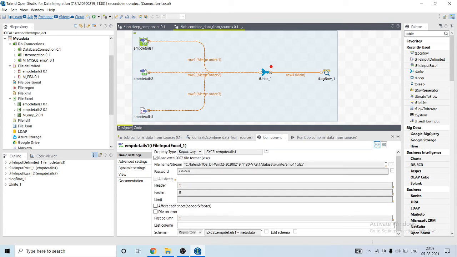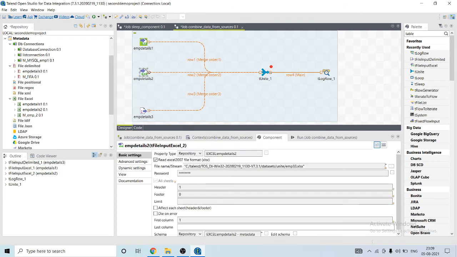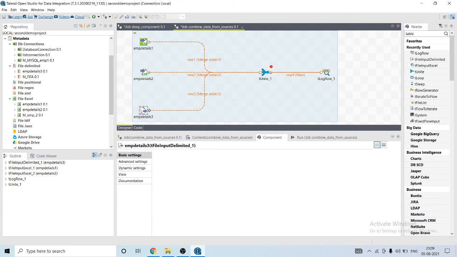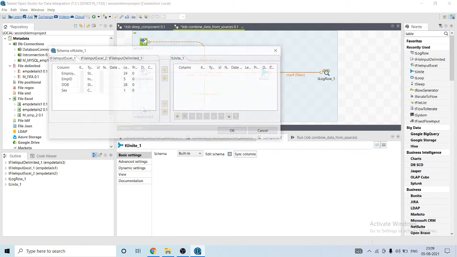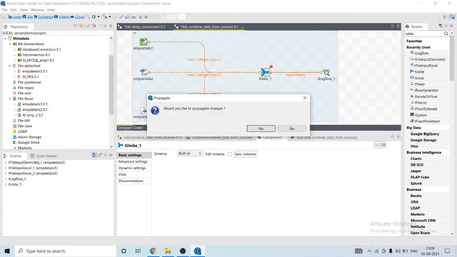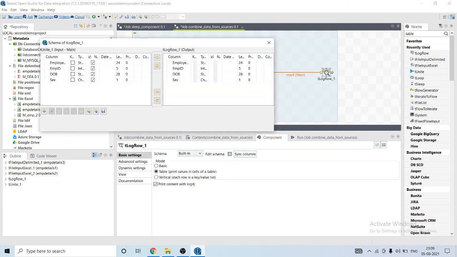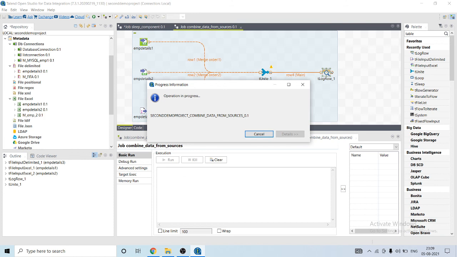All the data has been already populated. I just click on this option that will neglect empty rows. So far so good. Let's check the schema of it. Let's print it in the form of a table and let's run our job and find out if there is any error or not.